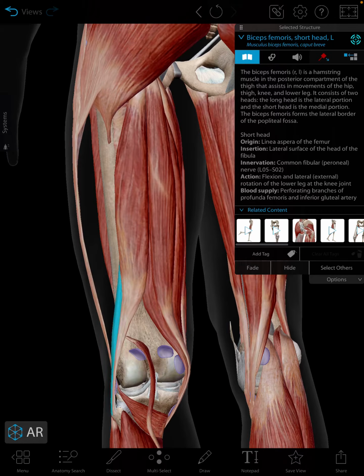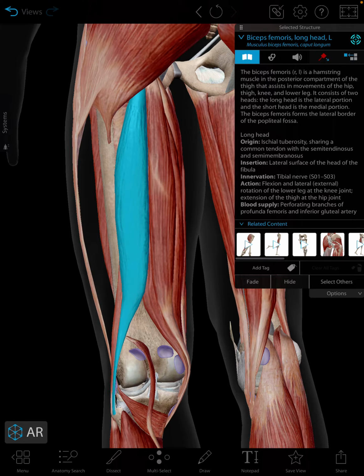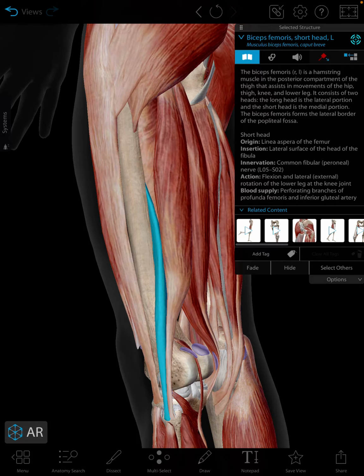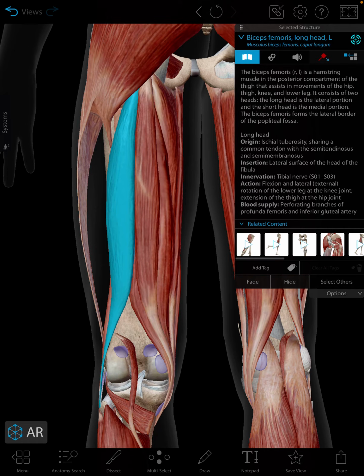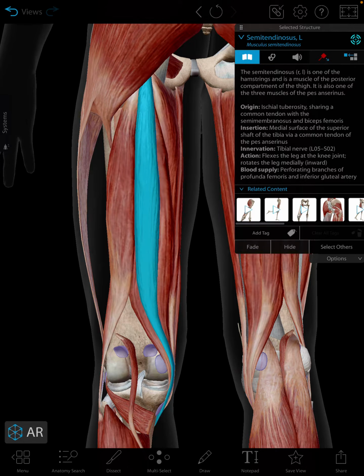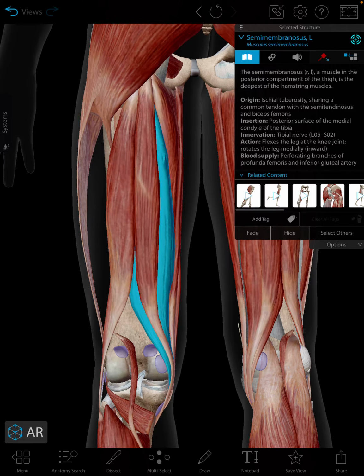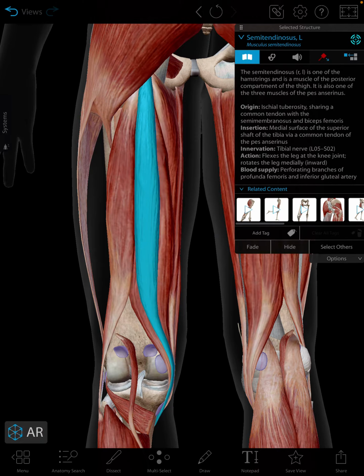The long head crosses the hip joint and the knee joint, so it's going to act on both. So it's going to extend the hip, and at the same time it's going to flex the knee. Whereas the short head that we see highlighted here in blue only crosses the knee joint, so it only acts on the knee, and it serves to flex the knee. Okay, so all of these, the biceps femoris, the long head specifically, semitendinosus, and semimembranosus, all serve to extend the hip as well as flex the knee. Okay, so they're very powerful